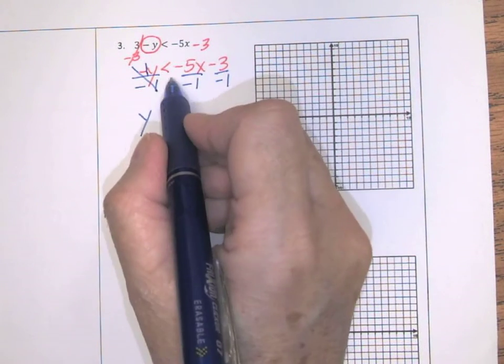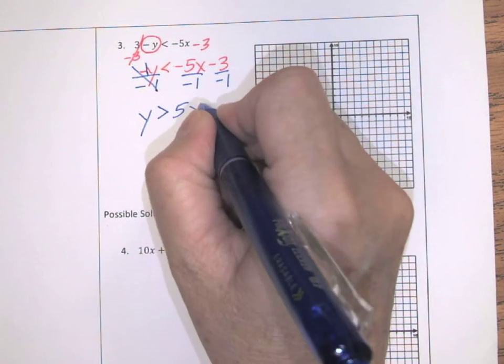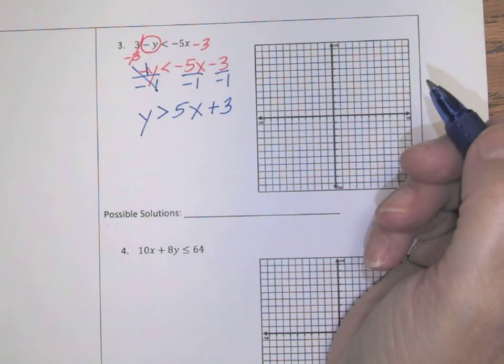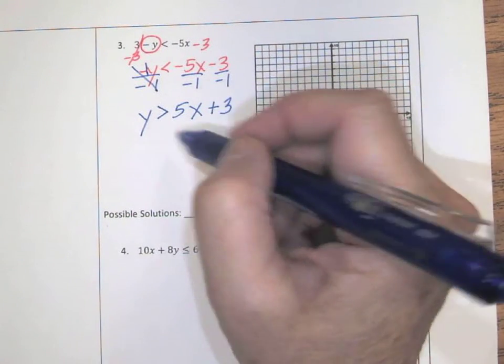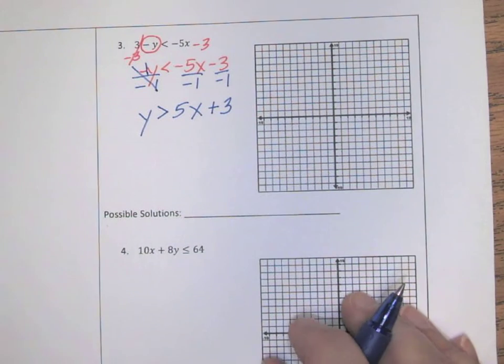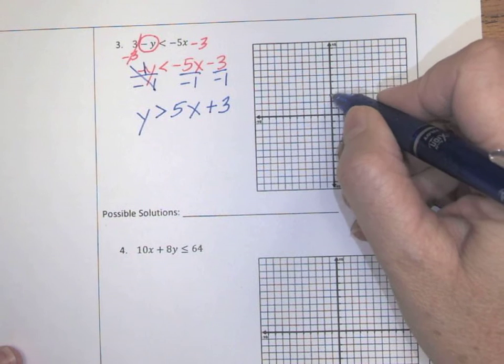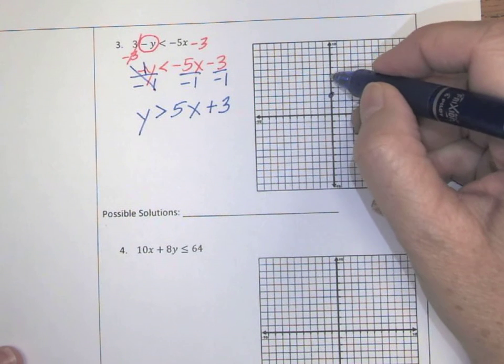When I divide by a negative, I must flip the inequality because it changes the order. And now, hopefully you know your integer rules, and we have made this 5x plus 3. So let's graph it. Let's go to 3 on the y-axis, and let's go up 1, 2, 3, 4, 5